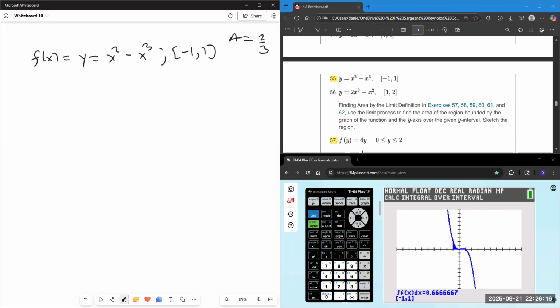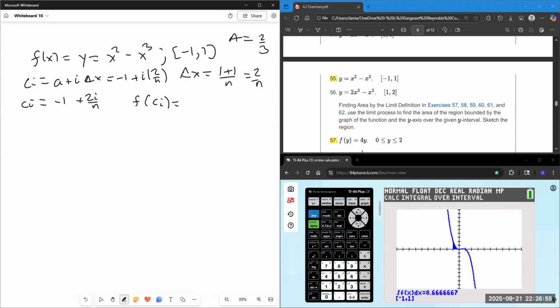So delta x is b minus a over n. Ci is a plus i delta x is -1 plus i times 2 over n. Ci is -1 plus 2i over n. F of Ci is